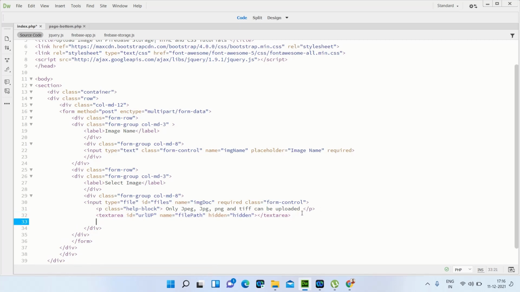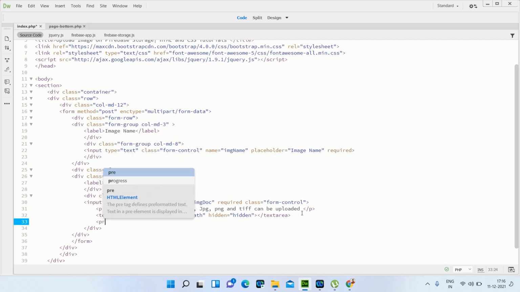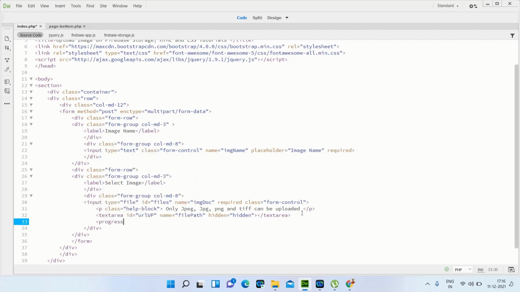So for the progress bar we have to call the progress tag, and value is equal to 0, and maximum value is equal to 100, and id is equal to progress. So progress and class as progress bar.